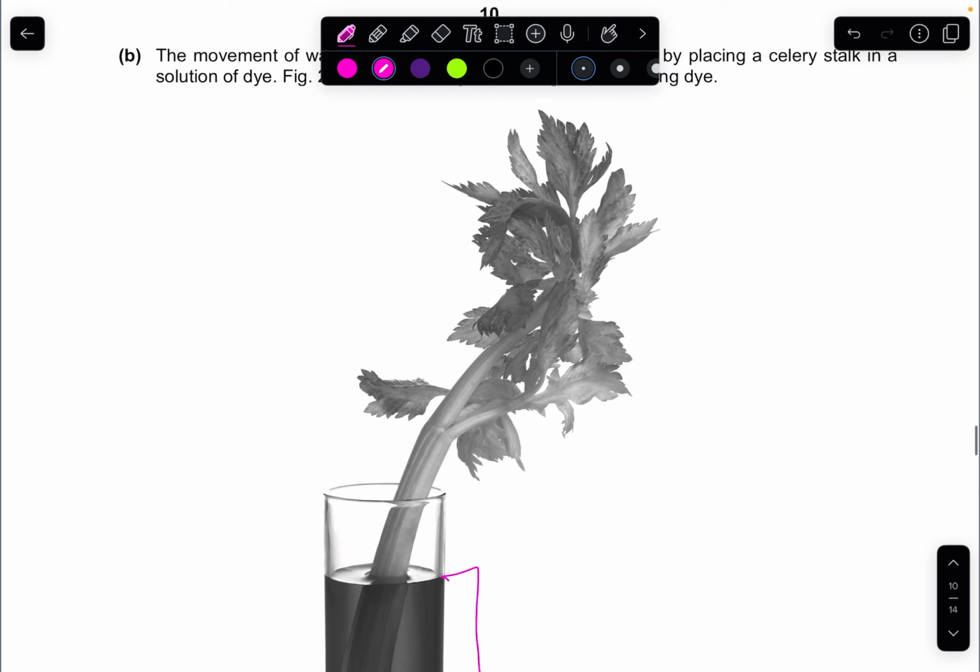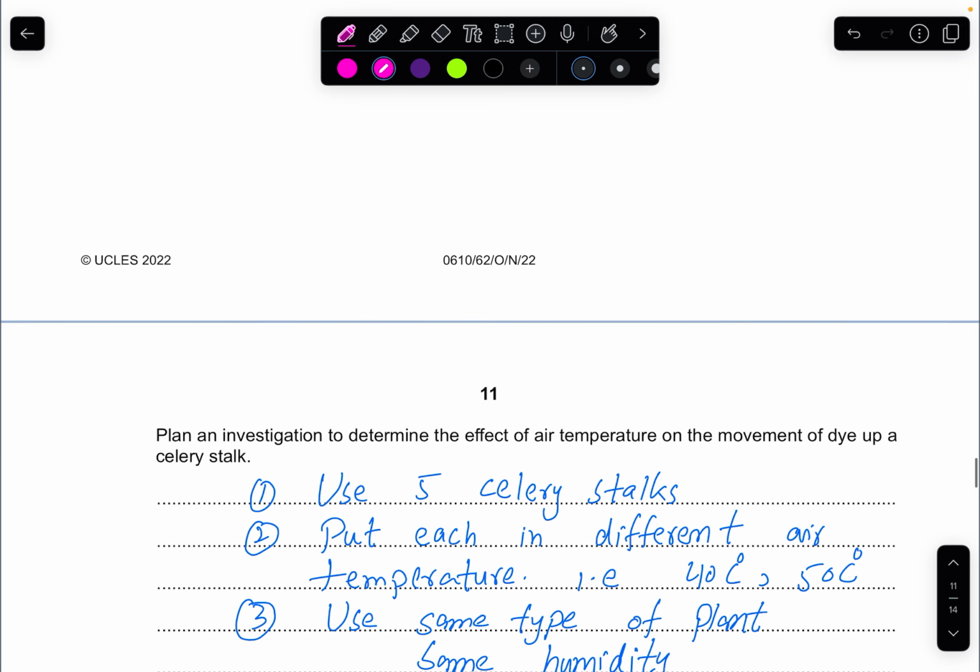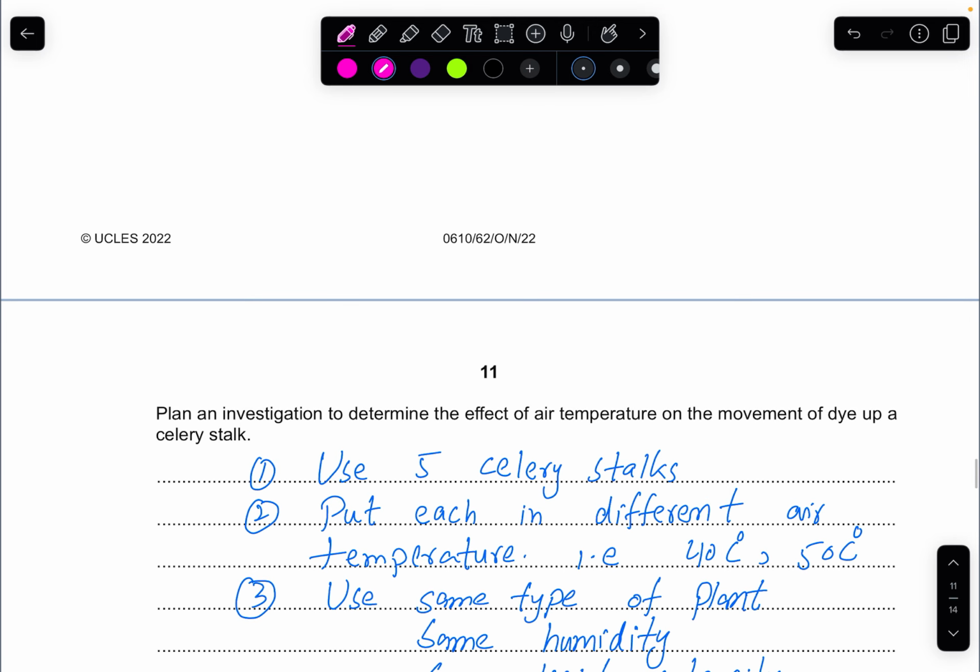And the question says, plan an investigation to determine the effect of air temperature on the movement of dye up a celery stalk. So you know that the temperature will affect the movement of the dye up, because when the